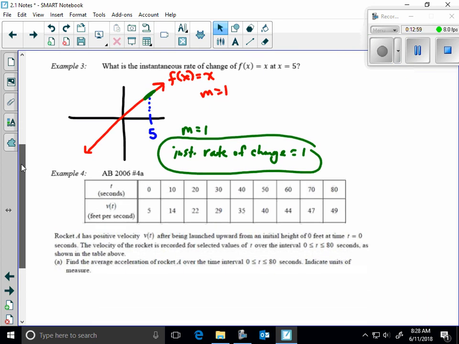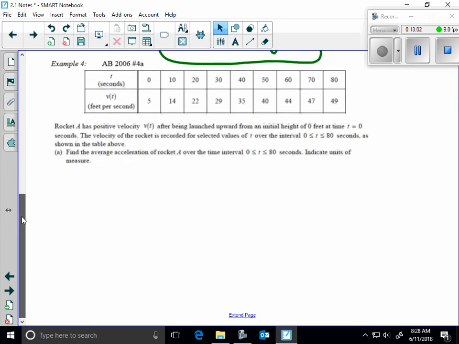All right, let's look at an application. Okay, this is interesting because now we're taking it from just position. We were going position to like a speed or a velocity before, but now we're going to go from velocity to acceleration. And the change in velocity is the acceleration. The change in position is the velocity, so it kind of piggybacks on it. So we're going one level up. So if I want the average acceleration,